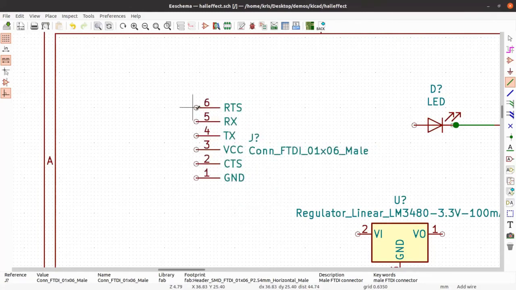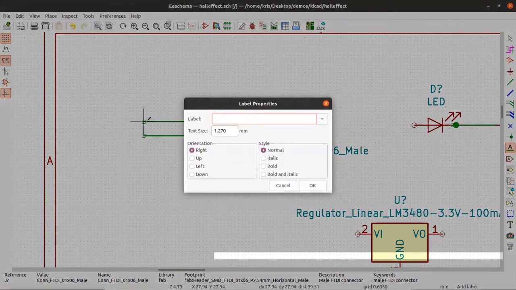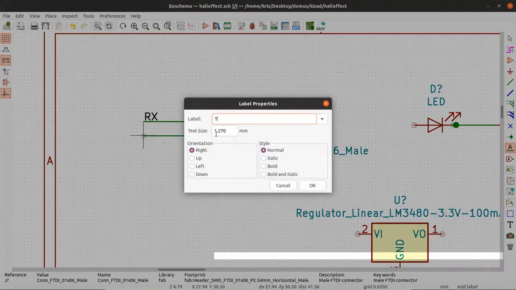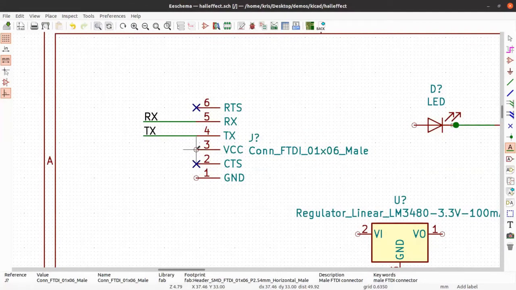And I already see which ones I'm not going to connect. I'm not going to need the RTS, and I'm not going to need the CTS. And I'm going to add a label to the RX and TX. Like so, then